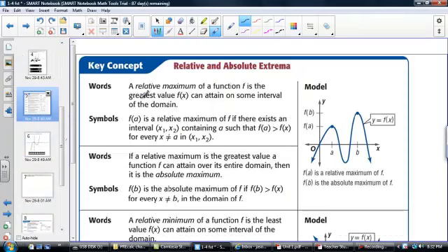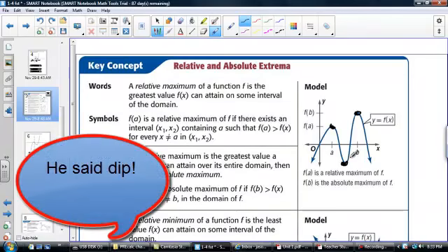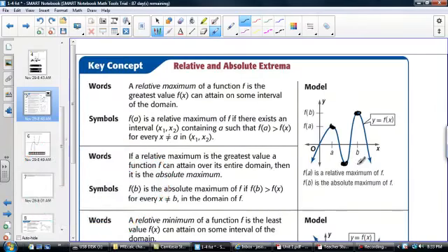The next concept we're going to have is about relative and absolute extrema. We've talked about relative maximum and relative minimum back in Algebra 2. A maximum is a point on the graph where we hit a crest. It's a mountaintop. Okay? A minimum is going to be a valley. It's the dip. It's the lowest point in the graph. These are your relative